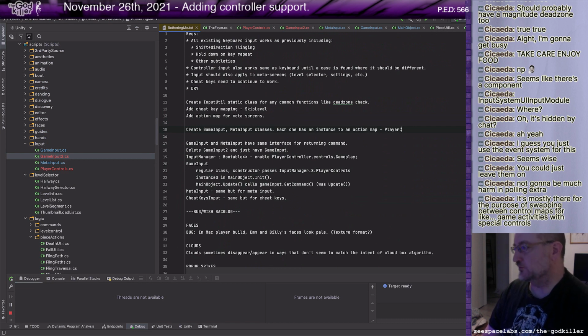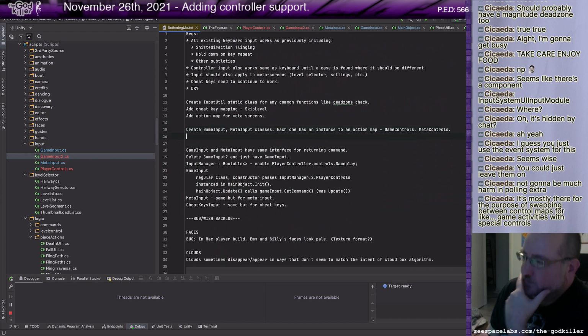Player controls, let's see. Game controls, meta controls. Okay. Enable both at boot time.